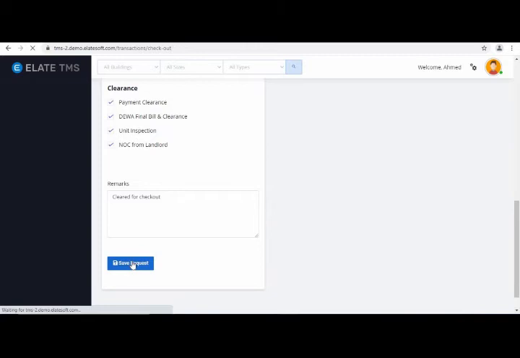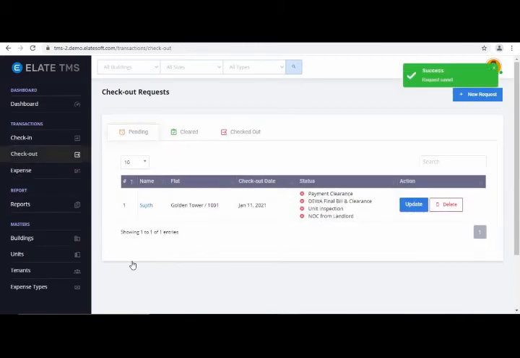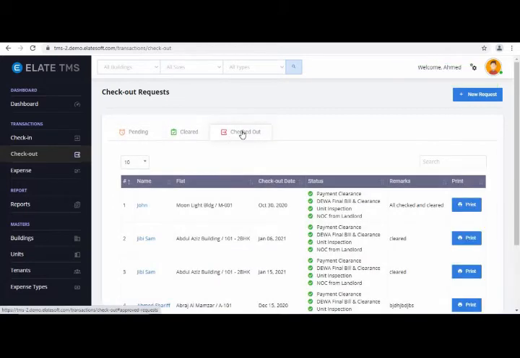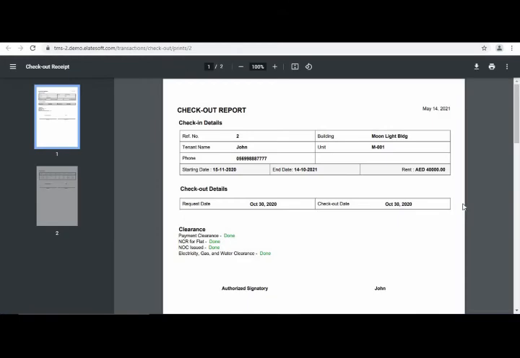Once you click on the save request, it will come in the list here as on the checked out list, and from here you have an option to print. So all the necessary details are being done, and you get a checkout report from the system itself.